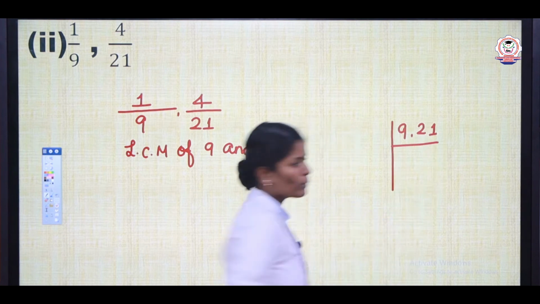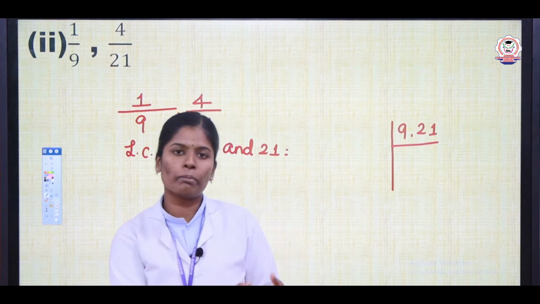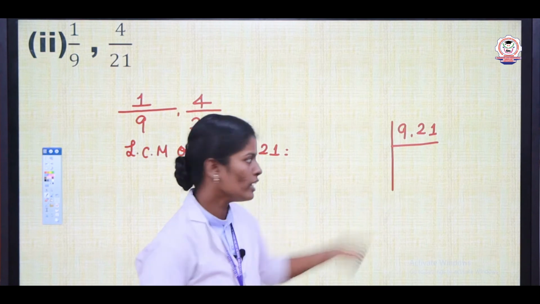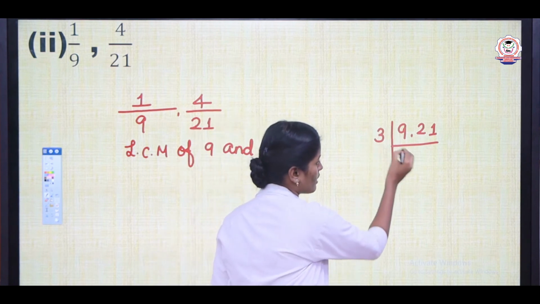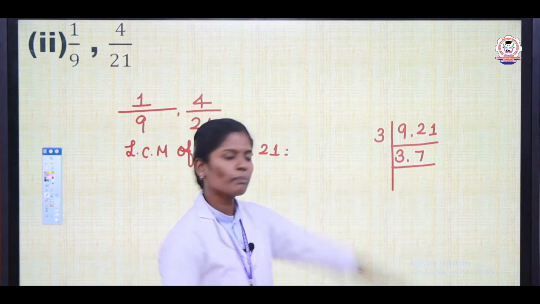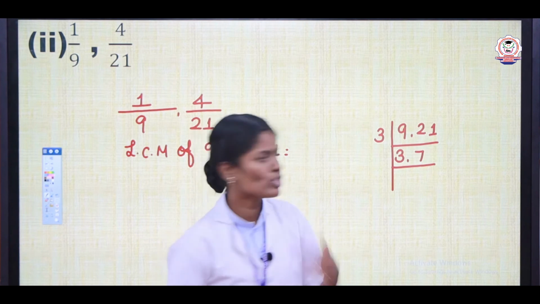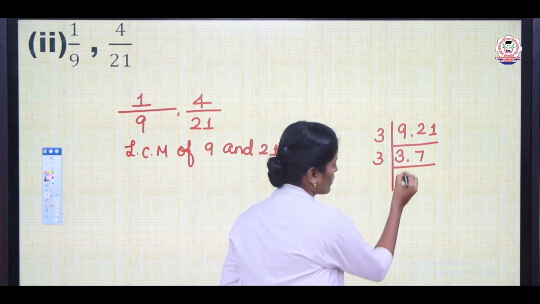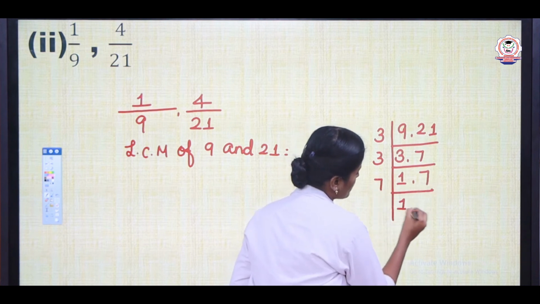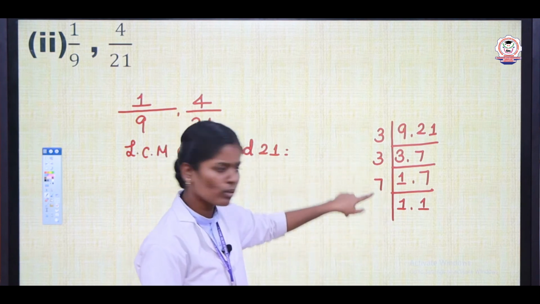Take the first prime number. The first prime number is 2. So, both numbers are not possible in the 2 table. Next you are going to take 3. 3 is a prime number. Take 3. 3 3s are 9 and 3 7s are 21. Here we got both prime numbers. So, it will come 1 and the number itself. So, take 3. 1 3s are 3. Next you will take 7. 1 7s are 7. So, the factors are 3 into 3 into 7.